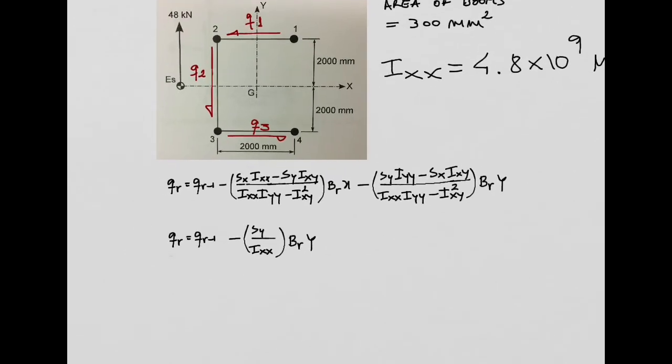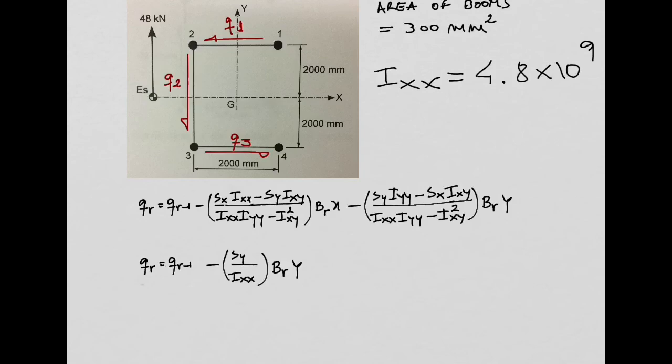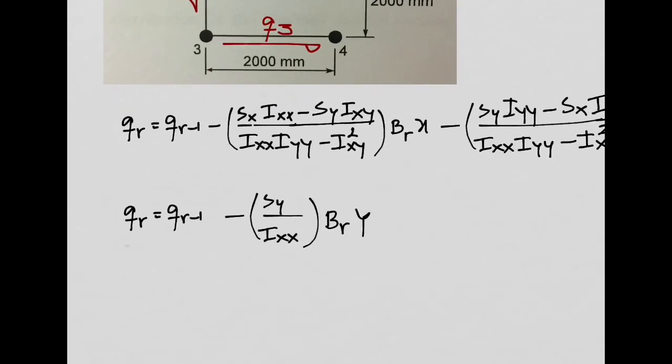So, from symmetry and from the transverse shear force, we could simplify the general equation into a much simpler one that we will use in our analysis here. And now we know everything in this equation, right? We can continue here. We know this is going to be equal to